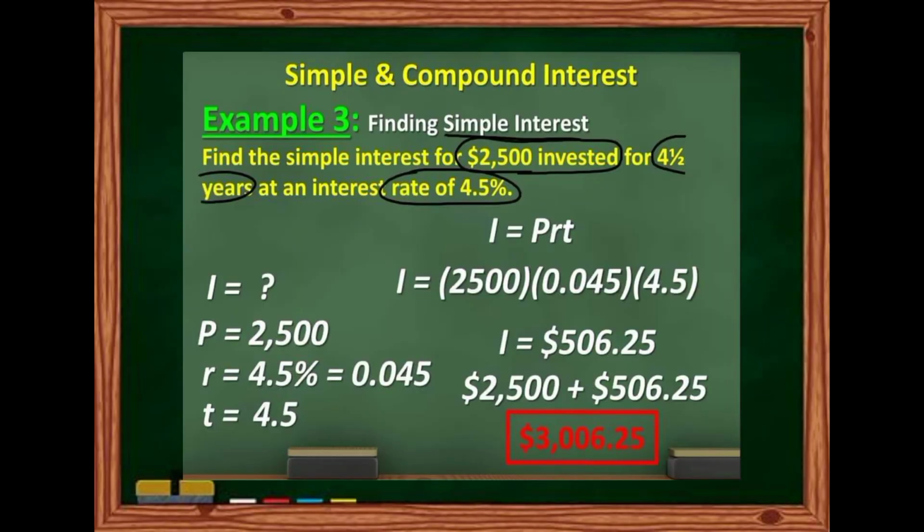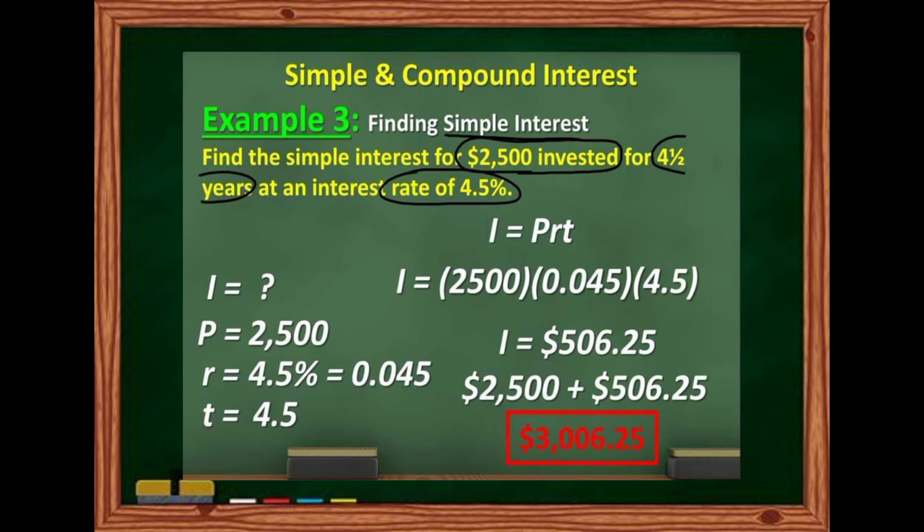Now let us have example number 3, finding simple interest. The problem is, find the simple interest for $2,500 invested for 4.5 years at an interest rate of 4.5%. You can see on the screen that we have the given, which are $2,500, which is the principal, 4.5 years, which is our time, and the interest rate is equivalent to 4.5%, or in decimal we can write it as